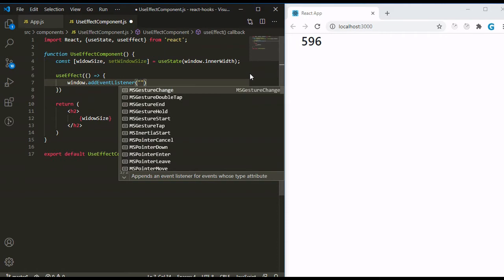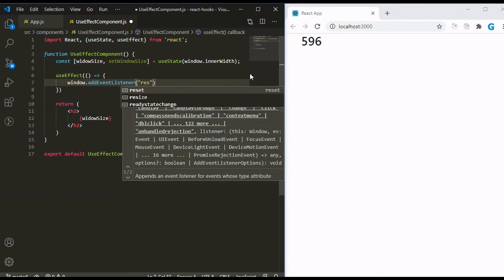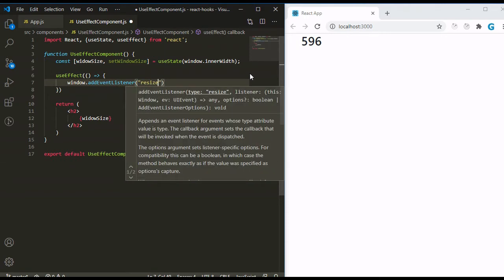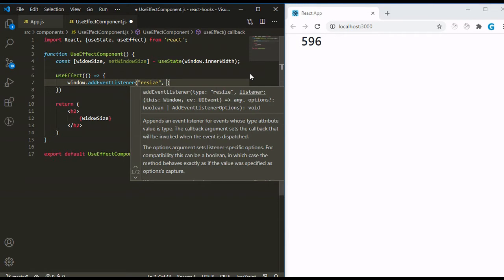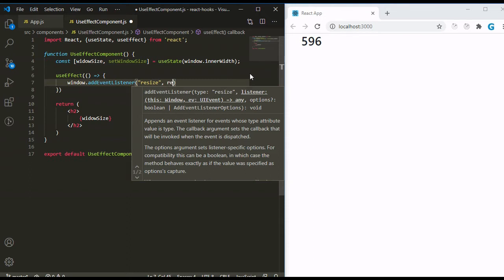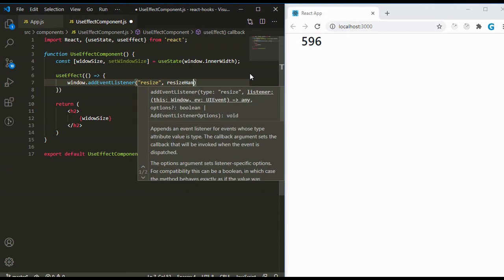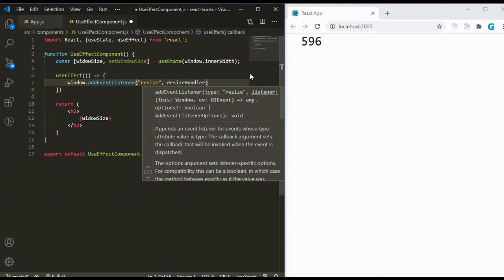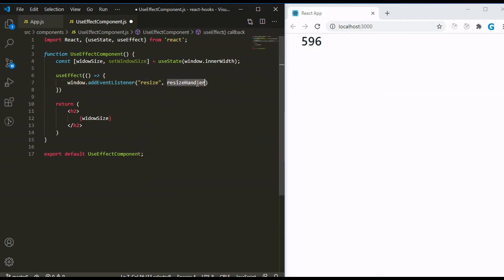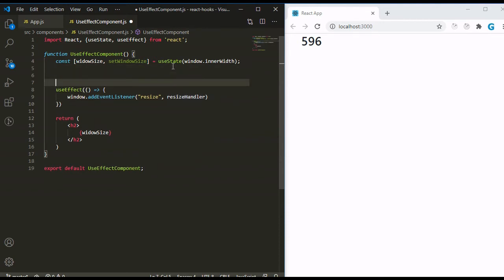For the event we will use resize, and we will pass the handler function. When we resize the window, then this function will be run. So let's take resizeHandler. Now define this function here.